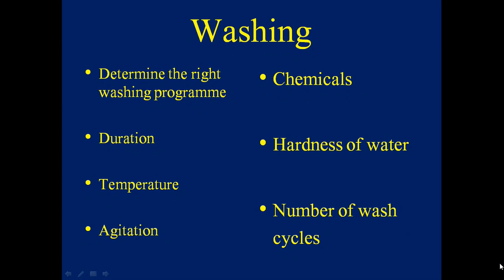To determine the right washing program, there are any number of programs which are set for various kinds of linen in the washing department. Whether table linen, bed linen, bed sheets, duvet and duvet cover, or pillow protector, whatever type of linen you want to launder in the washing cycle needs to be checked by the employee and studied in advance. That should be known by each and every employee, so that they can press the right button for the right washing program. If they press the wrong button, it may affect your cloth, because every function and every program is set as per the category of linen.